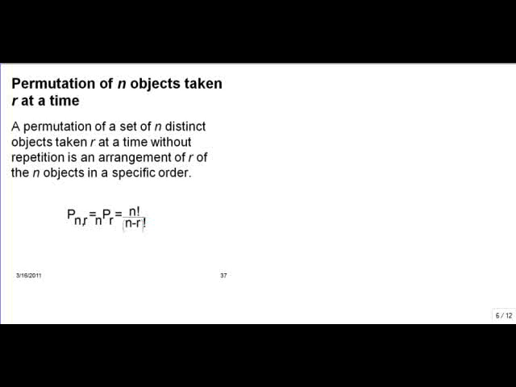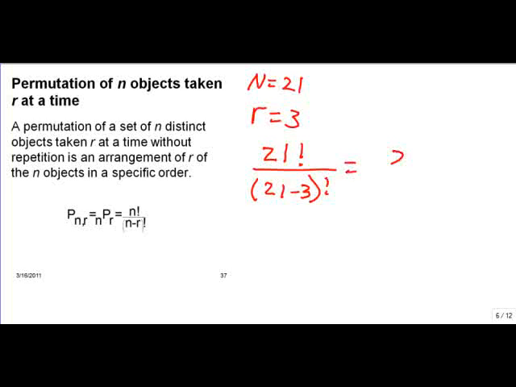So keeping that in mind, remember we said that n is equal to 21 and r is equal to 3. So now all we have to do is substitute into this formula. So here we get 21 factorial divided by (21 minus 3) factorial. So this is equal to 21 factorial divided by